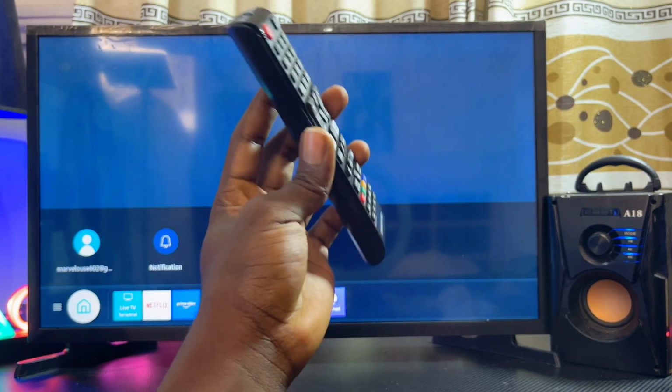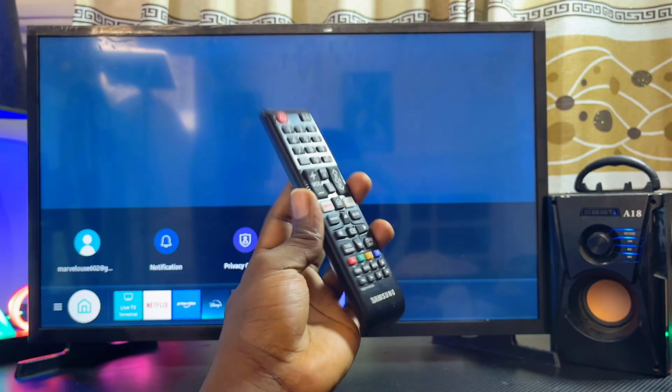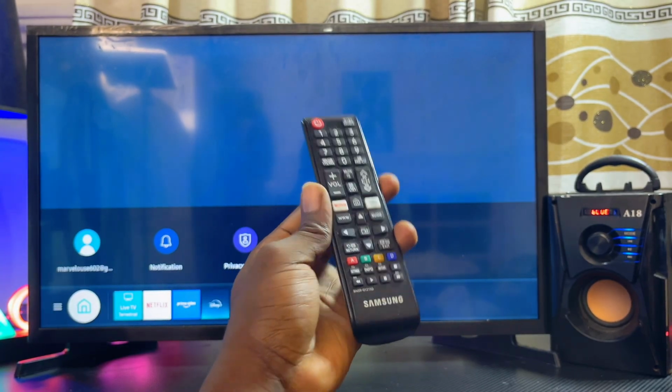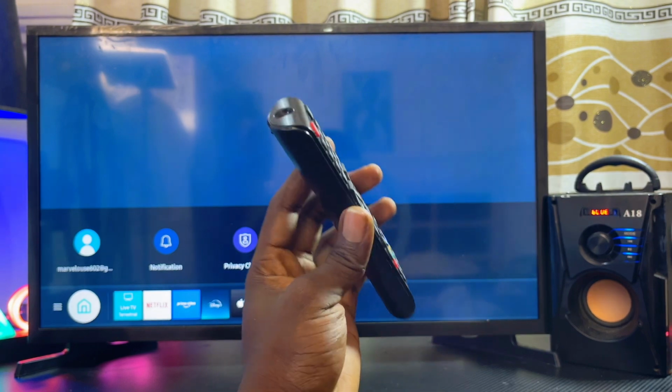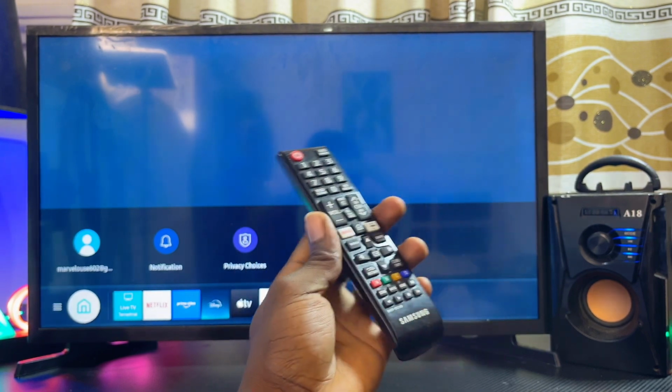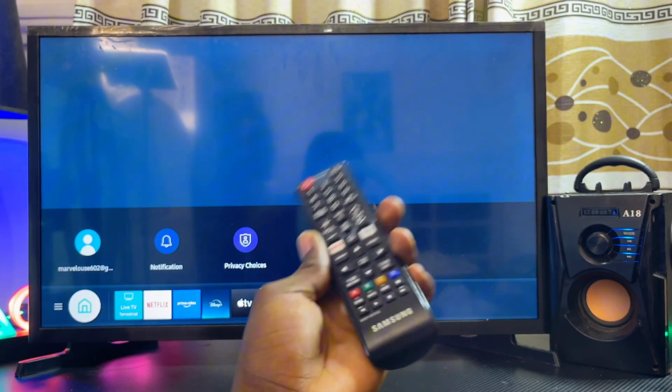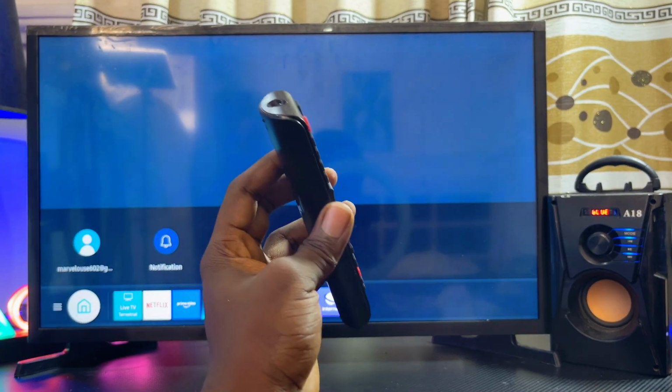Now basically I'll be offering two solutions in this video, and trust me, one of the two solutions is definitely going to work out pretty well for you. It doesn't matter the brand, whether it's a Hisense TV, an LG TV, any brand of TV at all that does not have Bluetooth. Now for the first method, what you have to keep in mind is that sometimes most of the popular TV brands